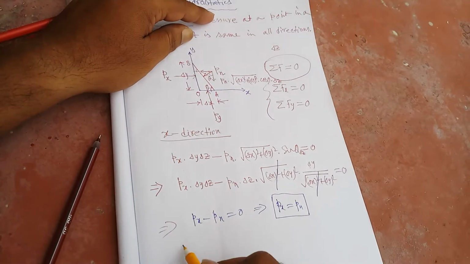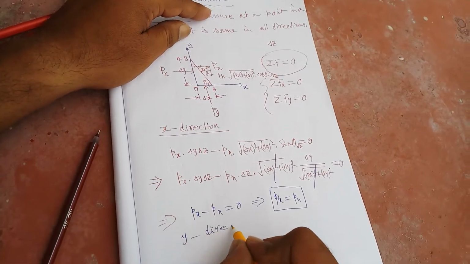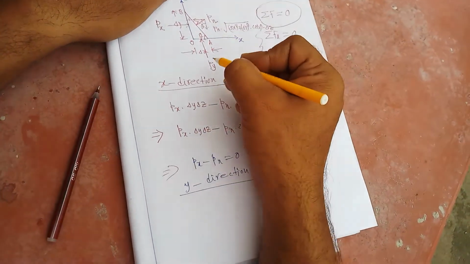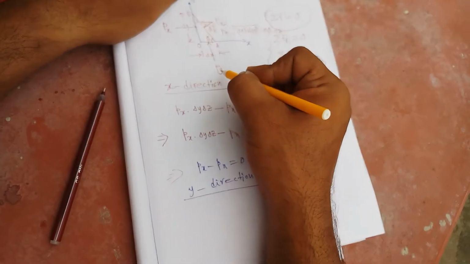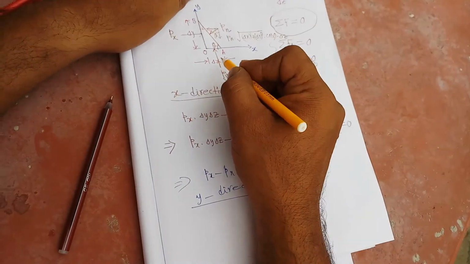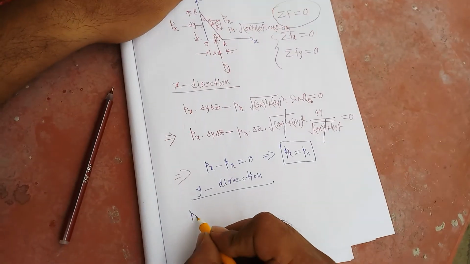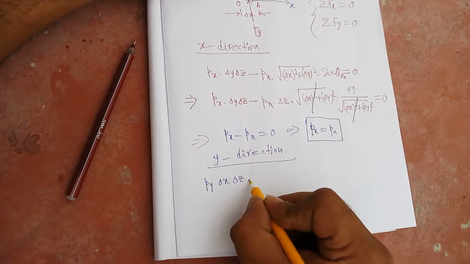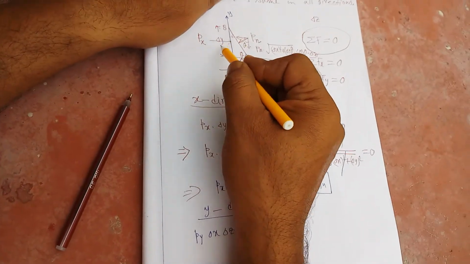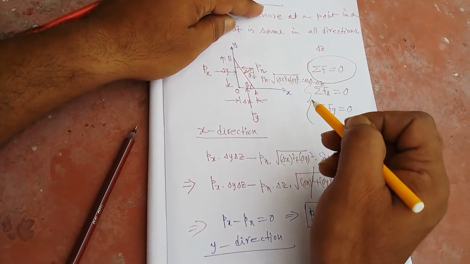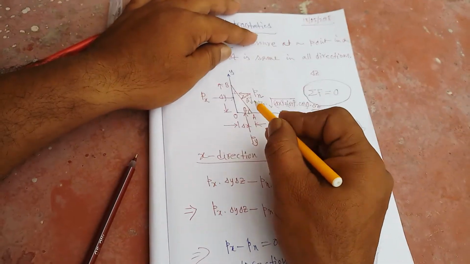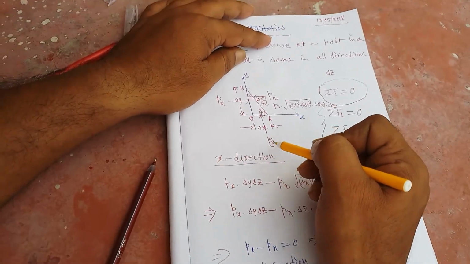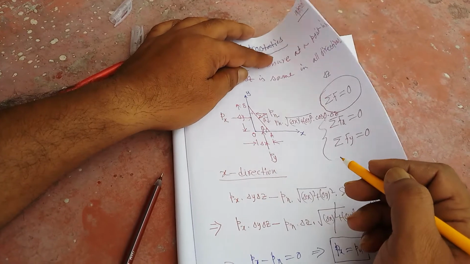Next, we are considering the y direction. Considering the y direction, first we are using Py multiplied by the area. Area is delta x into delta z. So Py into delta x into delta z is the area. Then again there will be no contribution of Px in this direction. They are perpendicular to each other. But this vertical component we have to take, and this is opposite to the direction of Py. So with a negative sign we are writing